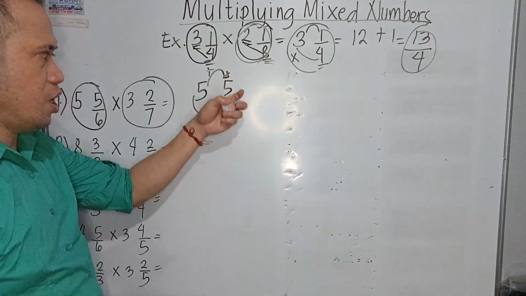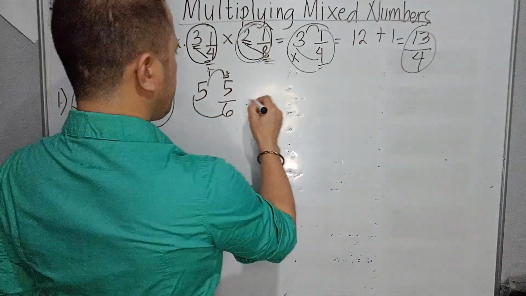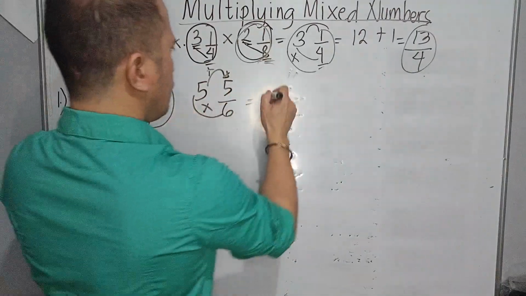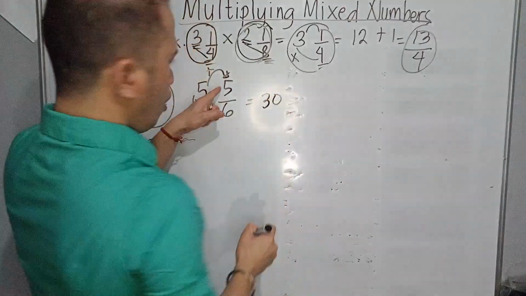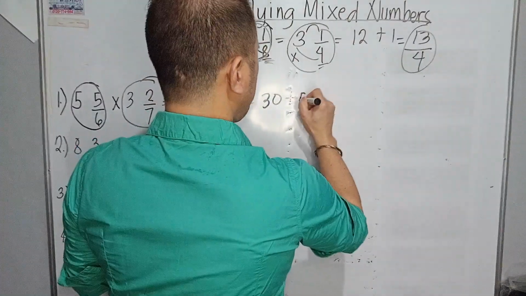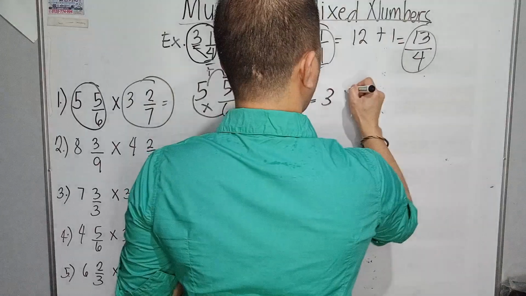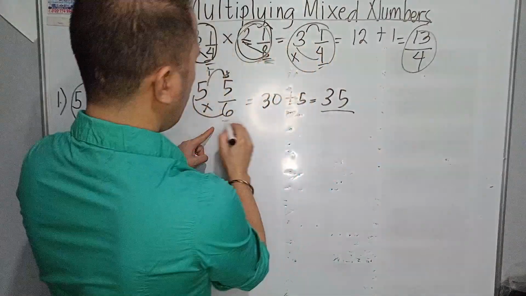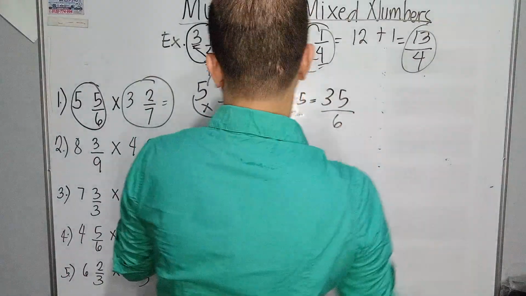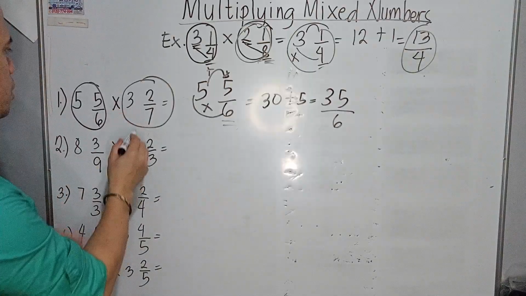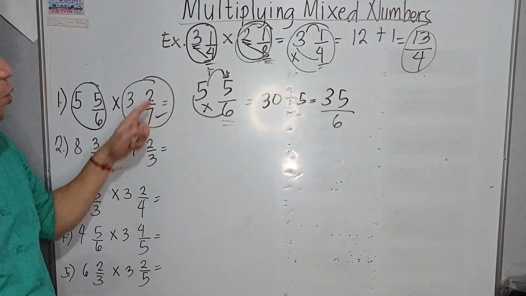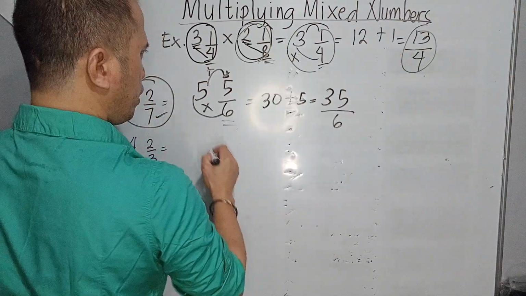Okay, for our numerator. So 6 times 5, the answer is 30. Plus 5, we have 35 over 6. The next is 3 and 2/7. So we have here